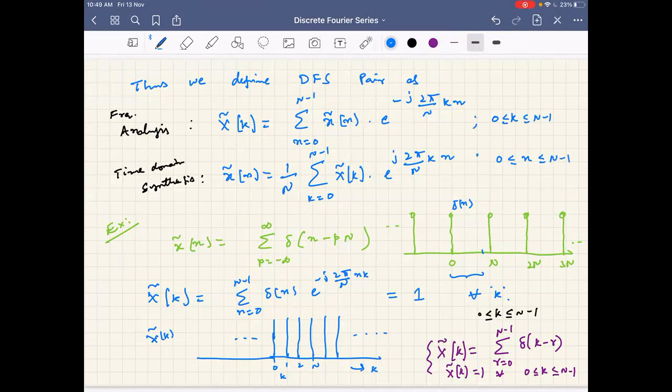Is it clear? Yes, sir. So you're saying that the entire sequence will repeat in the negative direction also? Correct. That's what happens, right? Even for me, the computation here shows it's only one for all k, and all k is not very clear here. So I will compute only 0 to N minus 1. When I compute, I will compute only in this region. I will not compute the other portions because I know that they will repeat.